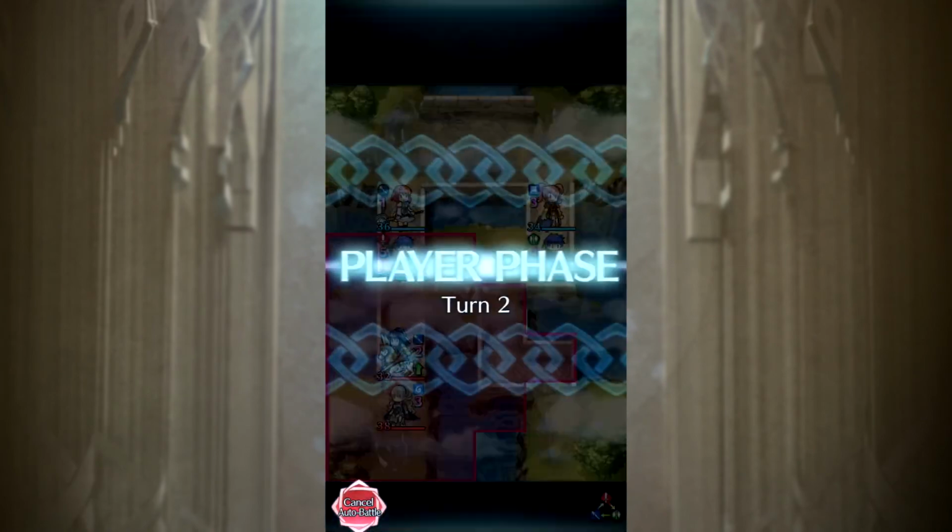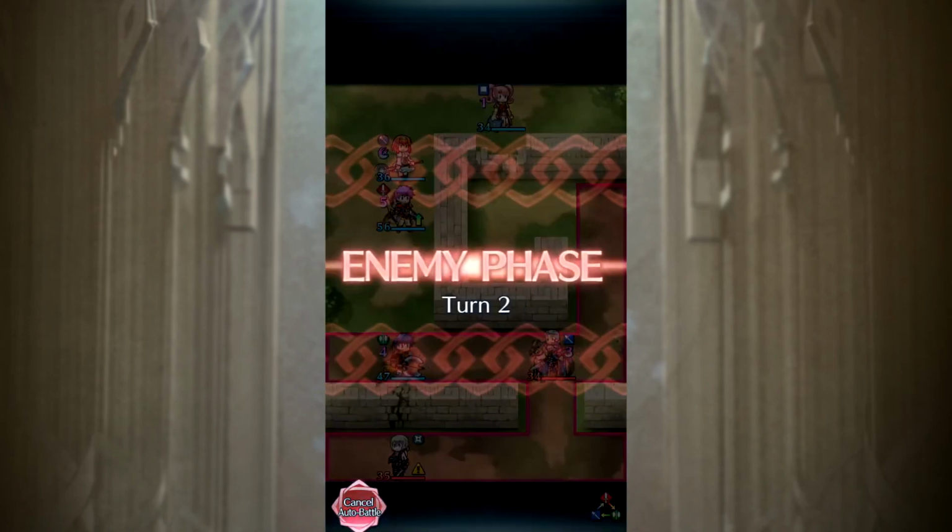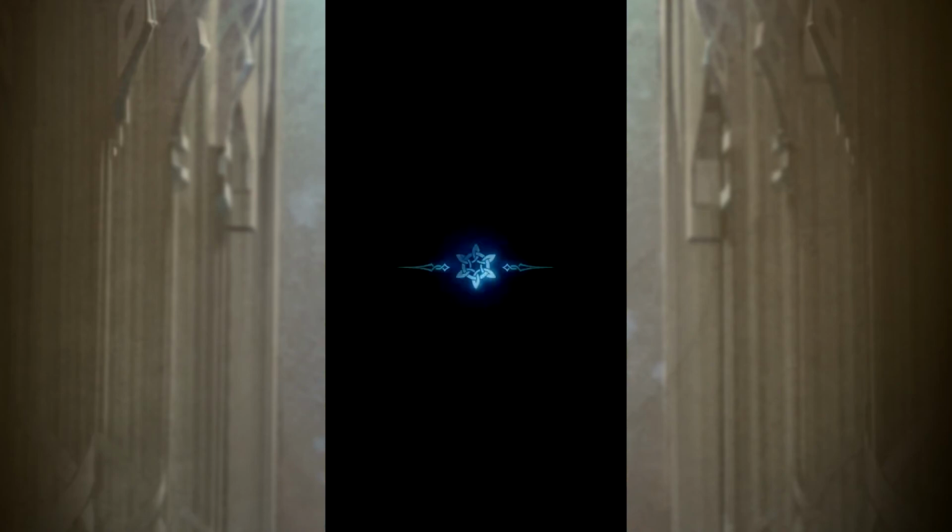Try to clear it fast. Use assists. Use this encounter. Use range. So you put your enemy phase unit in the danger zone of the